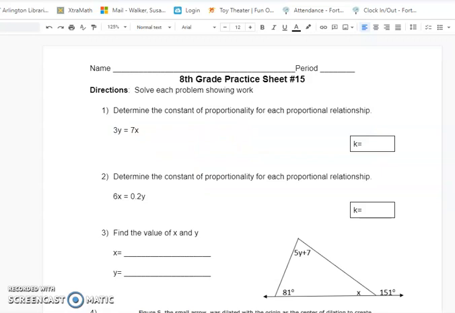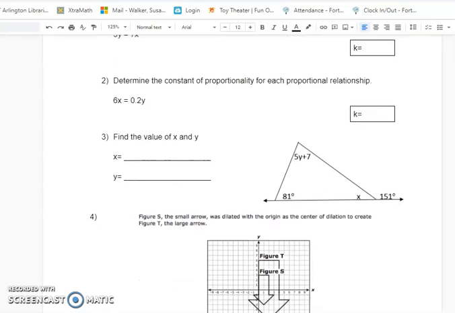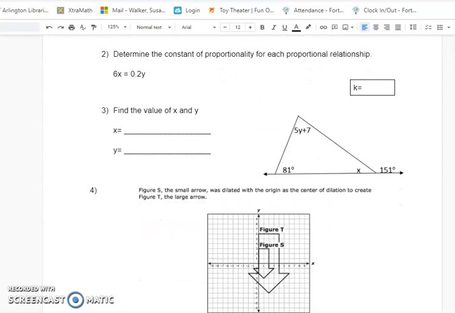So, number 3. Definitely different ways we can do this, but if you wanted to start easy, you might do this. Remember, these are supplementary. They are straight, so they add up to 180. So figure out what x is. Okay? Then,